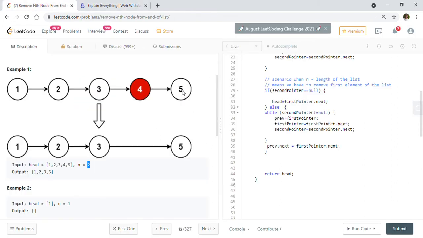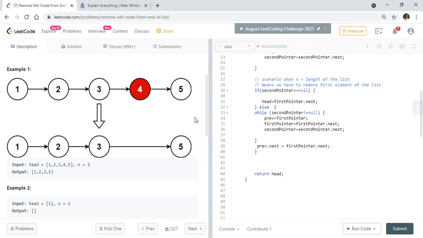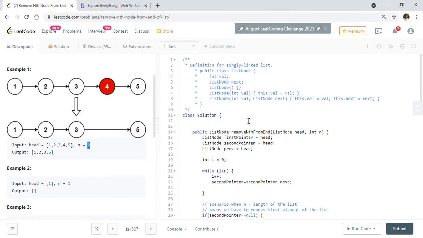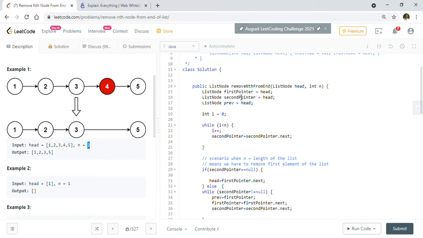So let's quickly look into the implementation here. I took the same approach: I created two pointers, first pointer and second pointer, and I also took one node for handling the previous. I always want to make sure that we have a handle of the previously visited node. First I will move the second pointer n times ahead of the first pointer.